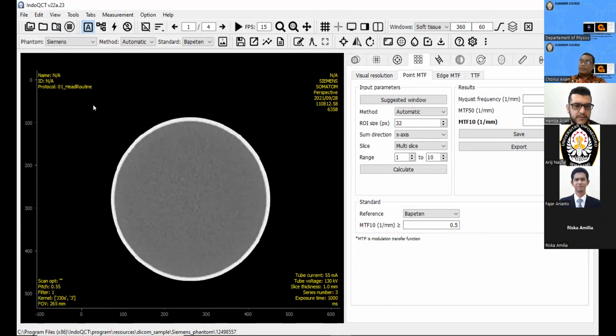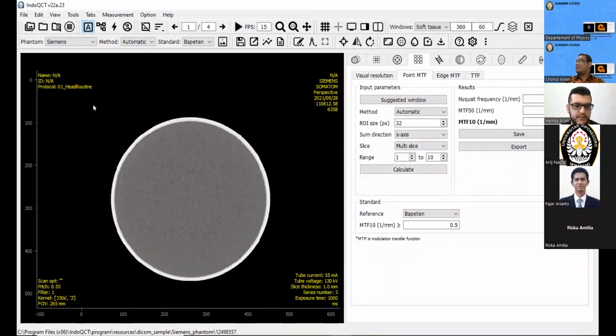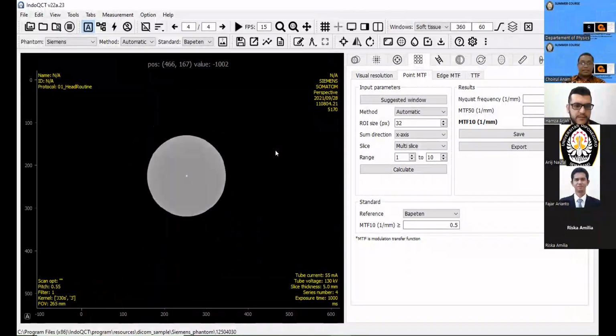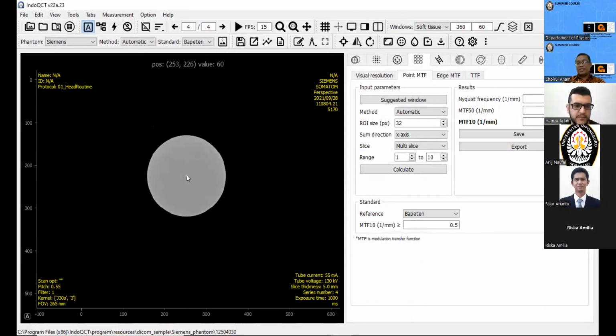The Siemens Phantom has many modules, and at the end is the module for measuring spatial resolution. The image is like this. This point is for measuring the point MTF.